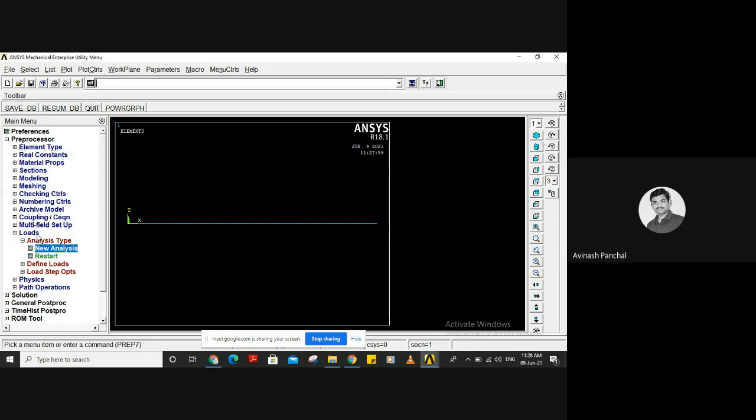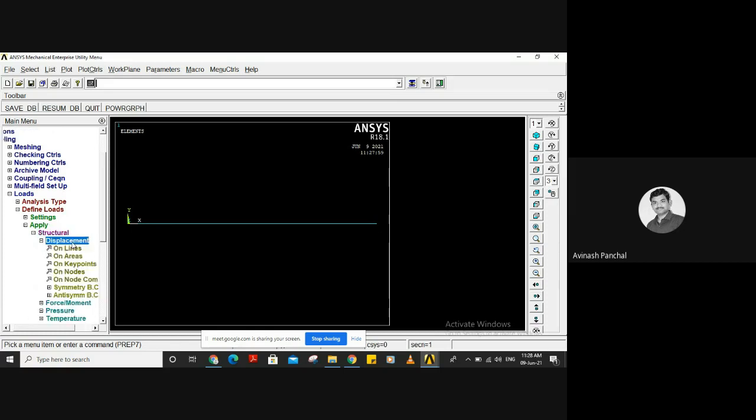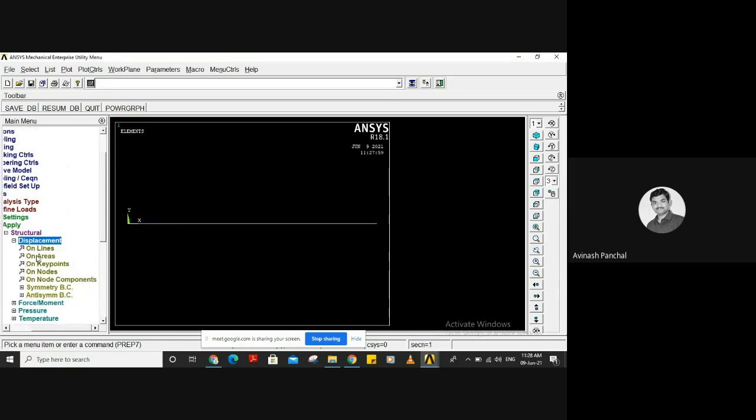Then go to define loads. Okay, we are defining this load, apply structural displacement. Displacement means what? We are giving constraint to this beam. So we know that we have considered the left-hand section as a fixed one. So here we are having key point.